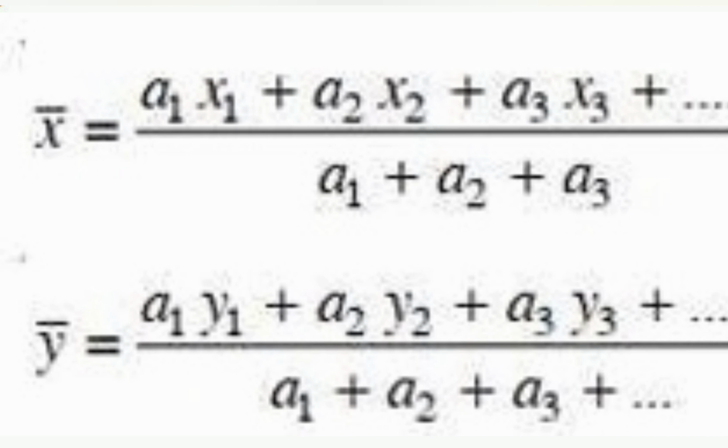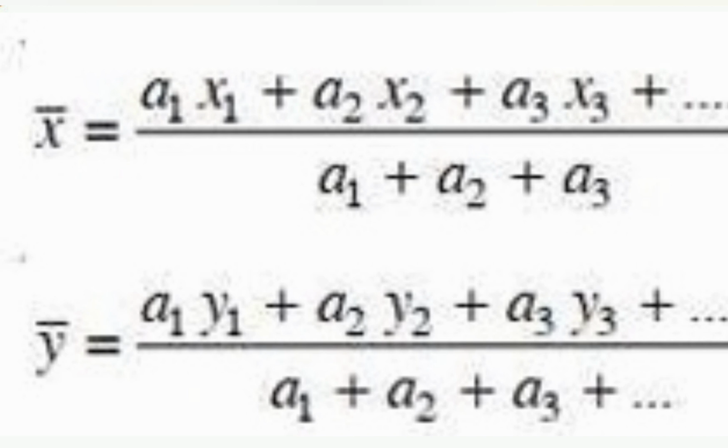Center of gravity of plane figures. Let x̄ and ȳ be the coordinates of the center of gravity with respect to some axis of reference. Then x̄ is equal to (a1 x1 plus a2 x2 plus a3 x3 plus so on) divided by (a1 plus a2 plus a3 so on), and ȳ is equal to (a1 y1 plus a2 y2 plus a3 y3 plus so on) divided by (a1 plus a2 plus a3 so on),